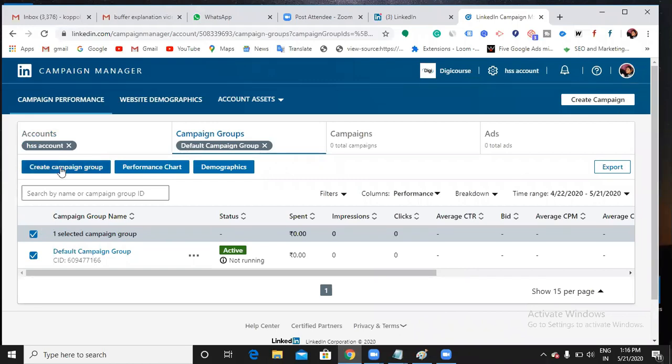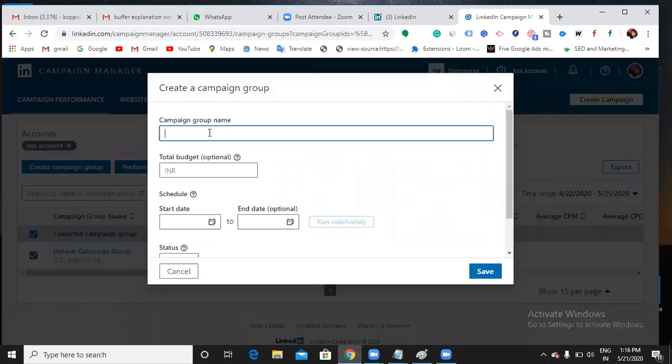This is a default campaign group. You have to create a campaign group. So give a name for your campaign group. Like, I'm just giving like,